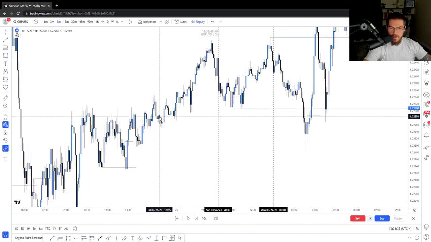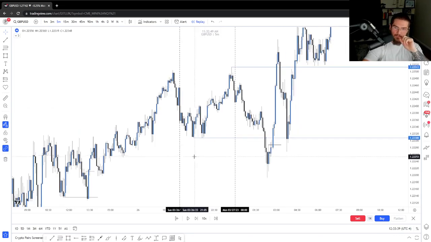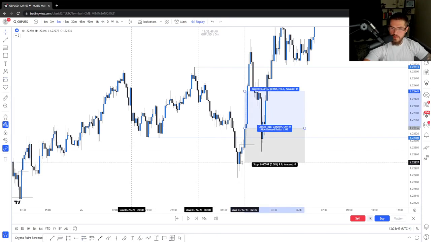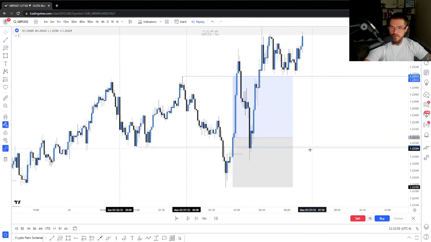In this example, we do not really have any kind of consolidation during the CBDR, so I wouldn't pay attention to it for standard deviations. But we take out that low, and then we displace the upside. So where is the displacement confirmed? Is it this wick? This wick? No, it's right there, right? You can then look to trade based off of this into this high if you have good risk to reward,